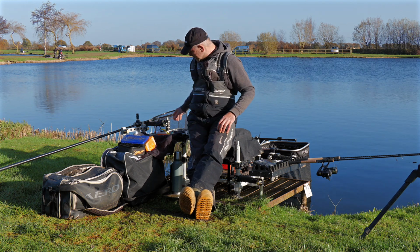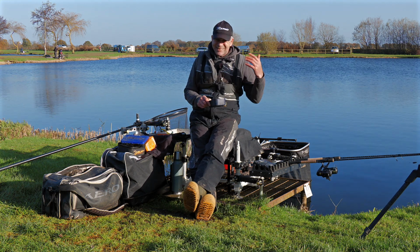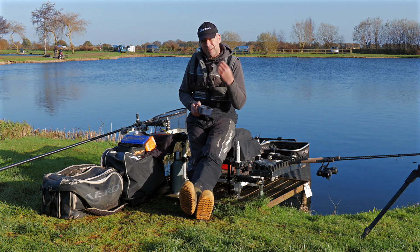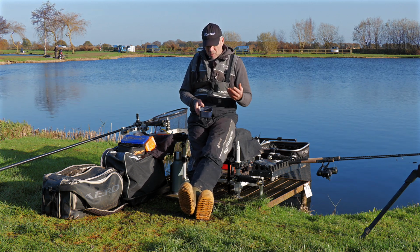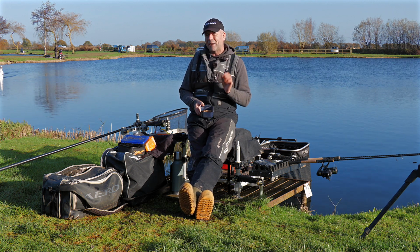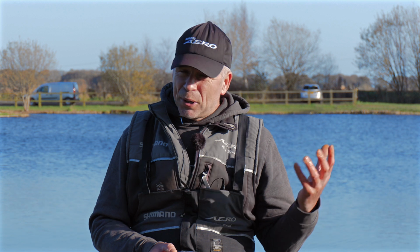Pellets. Now, of course, we all know pellets, but this is the time of the year we have to be very careful with pellets. Water temperature is low, metabolism of the fish is very low, they can't digest as much food, so be very frugal with how many pellets you actually feed. But if it's a nice warm day, the water temperature's risen,